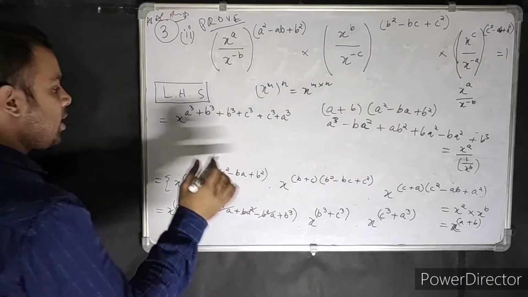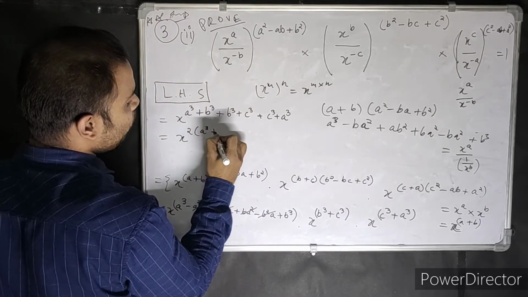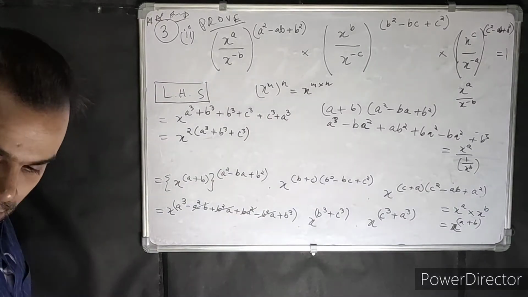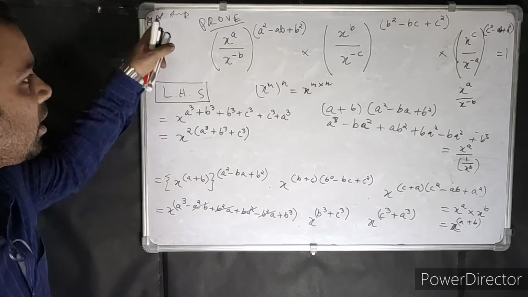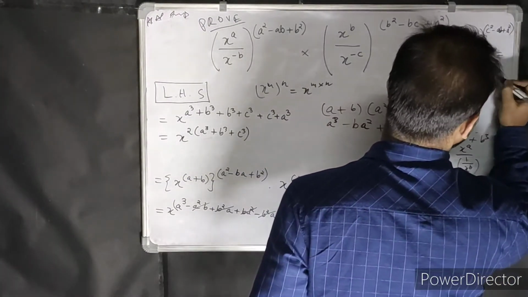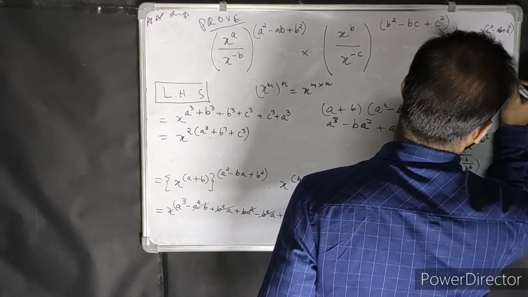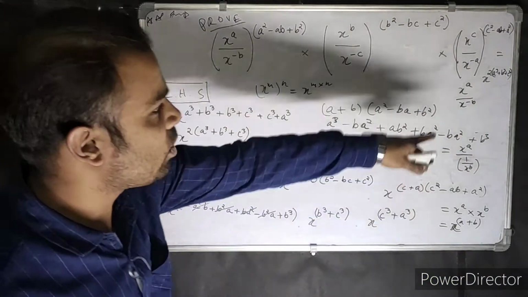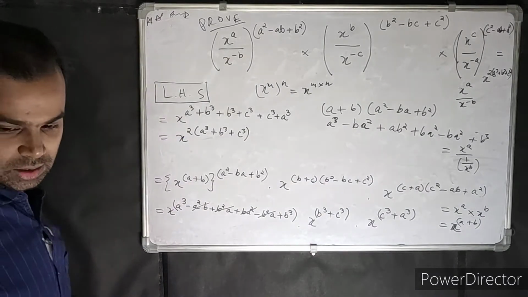You cannot get a 0, but you can definitely get x to the power 2 a cube plus b cube plus c cube. Just change the question. Don't write it as 3 part 2 or anything like that. Just write it as an important question and change the RHS. Write it x to the power 2 a cube plus b cube plus c cube. That's what you have to prove. Okay, I have changed the question. You don't have to worry. There's a printing mistake in this question.